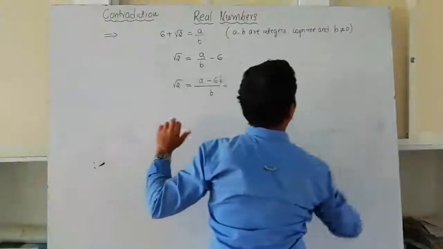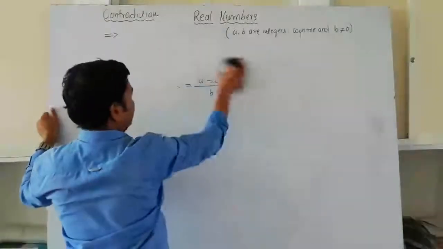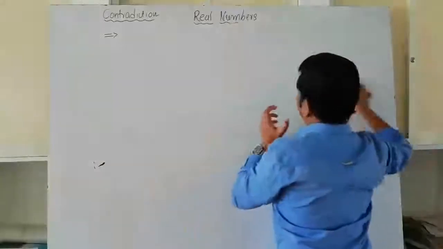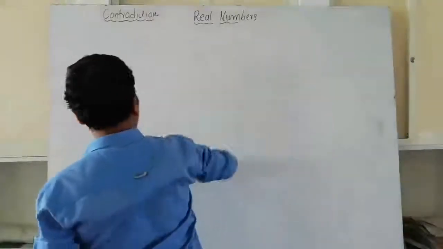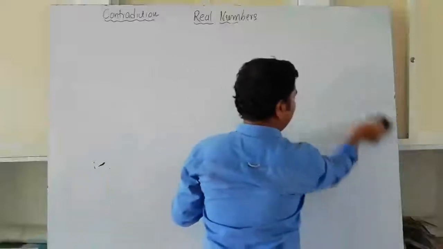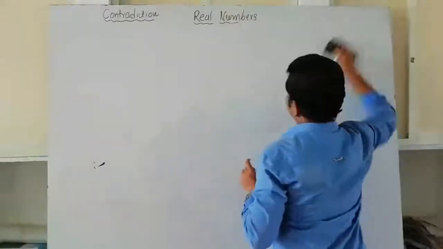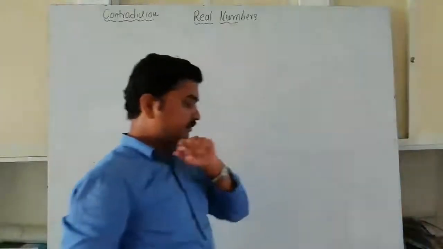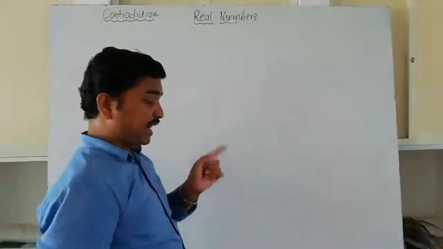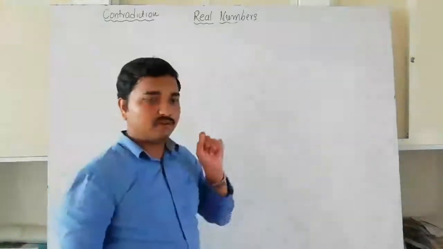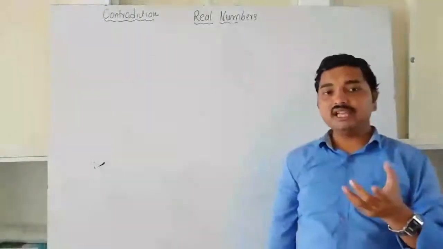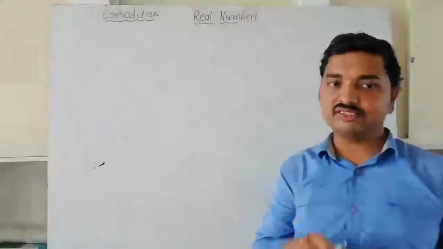So now I will move on to the next question, which is the immediate question. This is because whenever an irrational number is associated with minus, so many students make mistakes. So that's why I am going to solve question number 6 also. Look at question number 6. 5 minus root 3. Okay, show that 5 minus root 3 is an irrational number, where root 3 is irrational. It is given that root 3 is an irrational number.